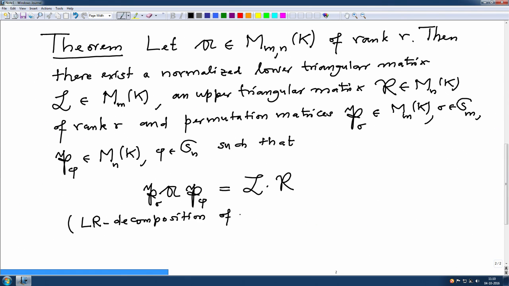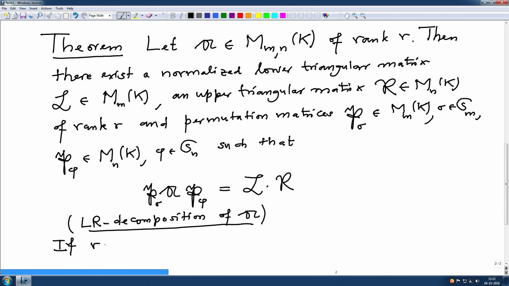Of A, which is also related to what is popularly known as singular value decomposition of a matrix. I will say it when I have enough vocabulary to deal with that, but this is essentially for that. So if R equals n,